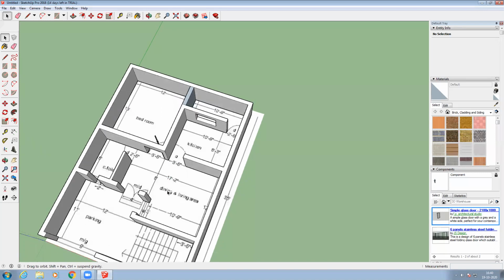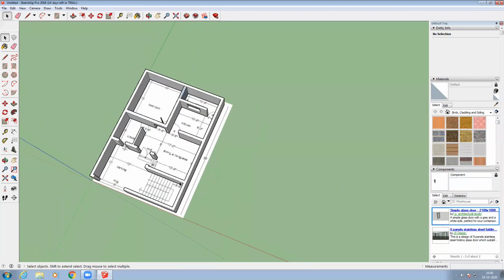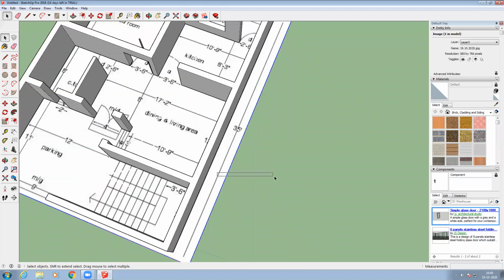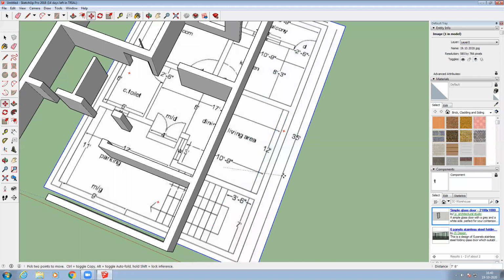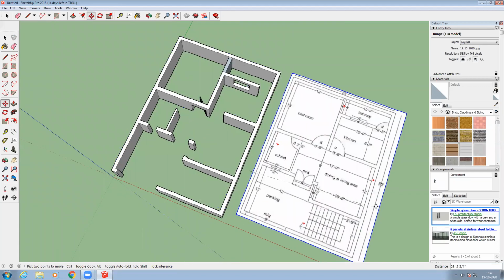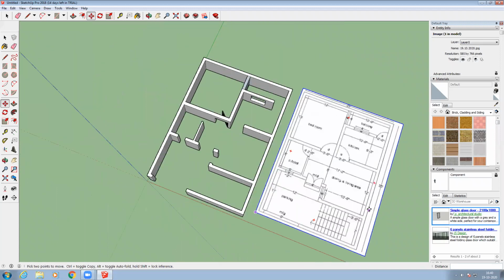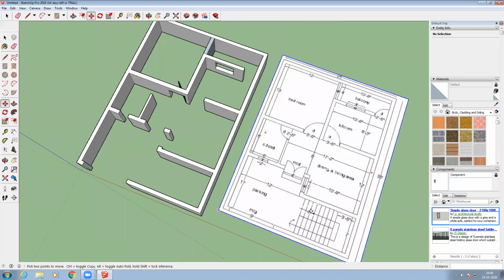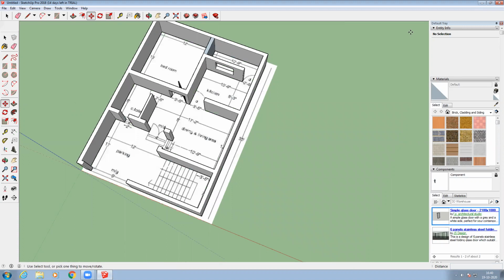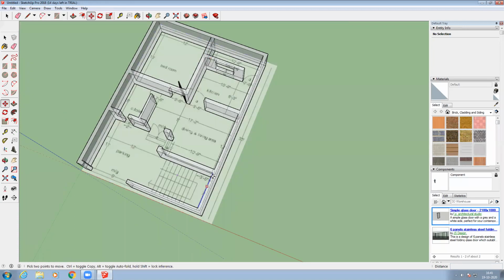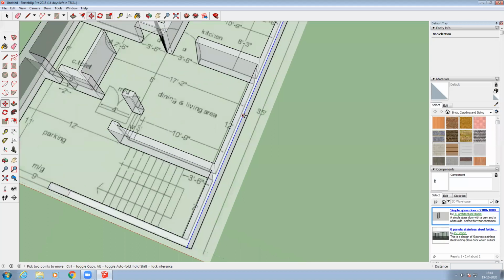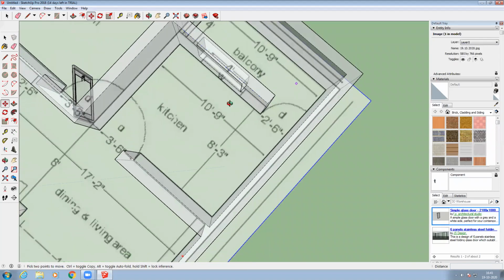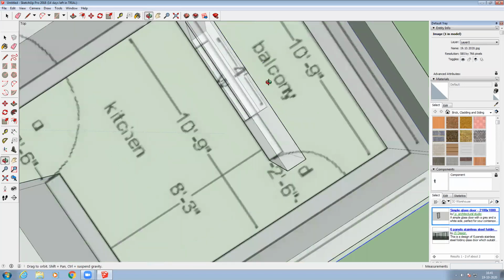And how to draw the windows and all. For example, here the outer windows are not shown in this diagram. You can see I just move this diagram. You can see in this whole diagram the outer window is not shown over here, right? If it is shown, it will be visible when you weave in the face style x-ray, right? And here some windows they have shown, right? Balcony windows they have shown here, kitchen window or something.